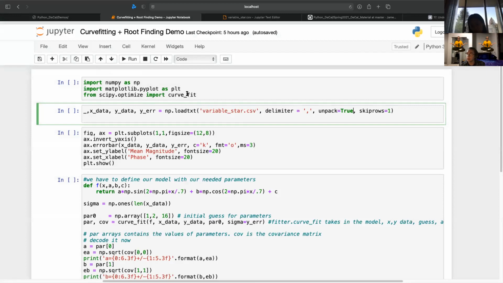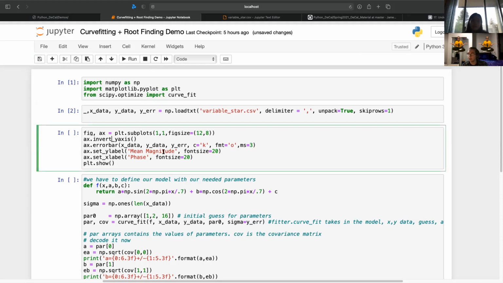And now we can plot it. Let's go ahead and run these different cells. I'm importing my statements, letting that star go away, there we go. We'll import the data, and now I'm going to plot the data. I'm just going to plot an error bar function, ax.errorbar. Remember, this is the object-oriented approach, not the state machine, like the same thing we did for the subplots. I just wanted to mix it up and make sure you see an example of the other version, the object-oriented approach. So we have figure, axis, and we're doing a bunch of things.